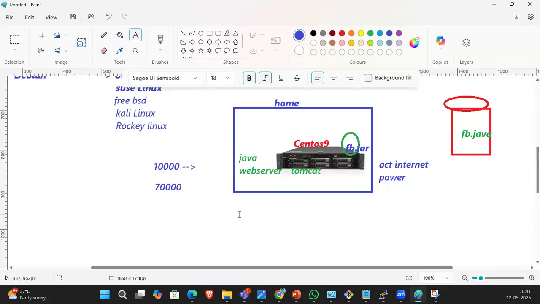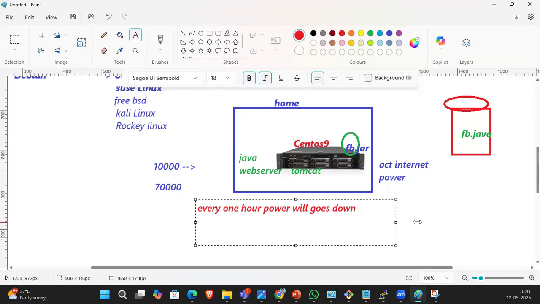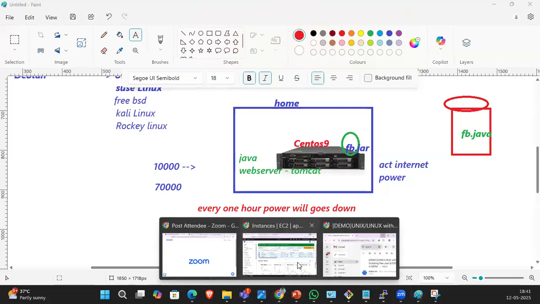After the seventh day onwards, every 1 hour the power goes down. So at that time, will your website be available or not, guys? At that time it shows the site cannot be reached.